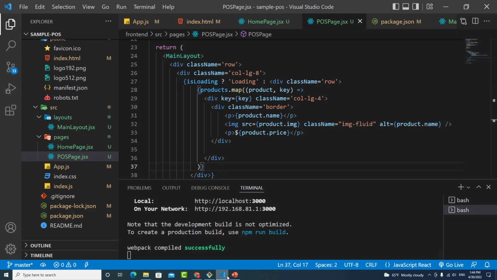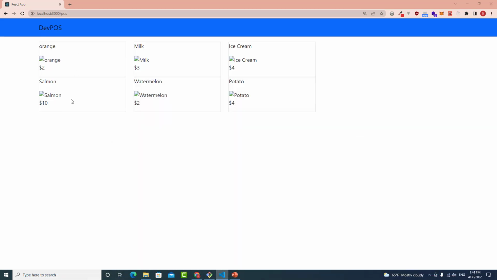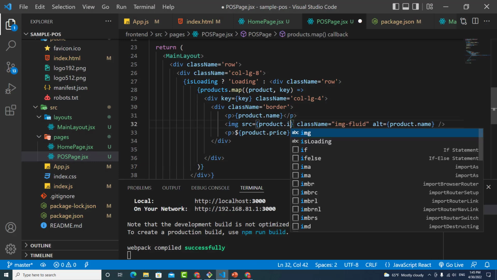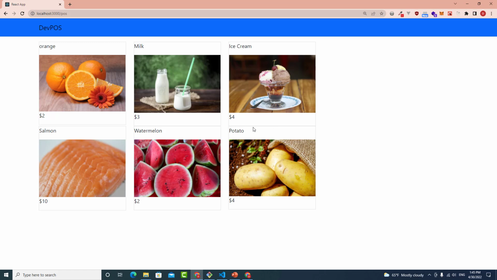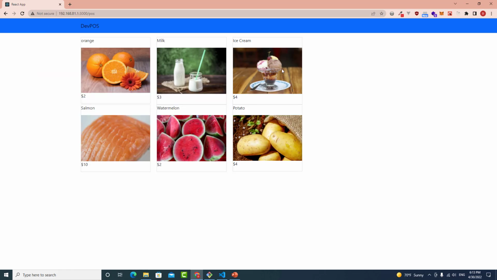Okay, save there. It should be good. See, it looks great. Let me fix the image. Should be image. It looks good right now. Next, when I click on this product, I just want to add this product to a cart, which is on the